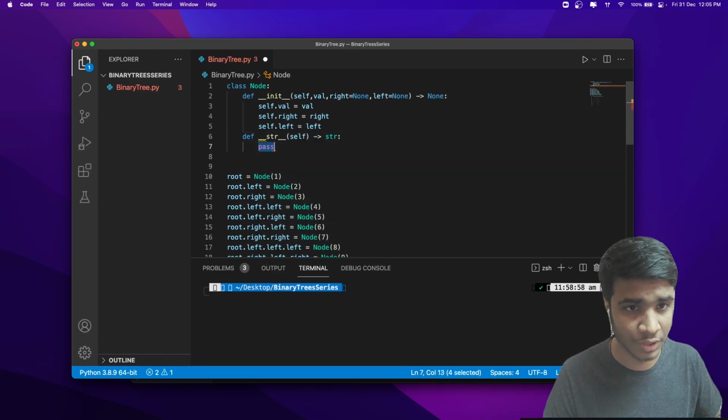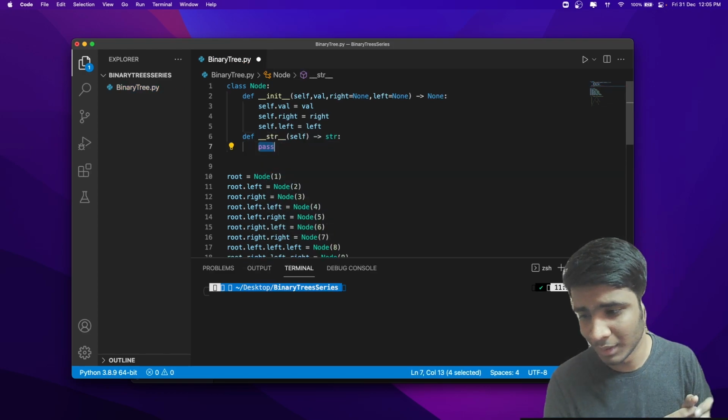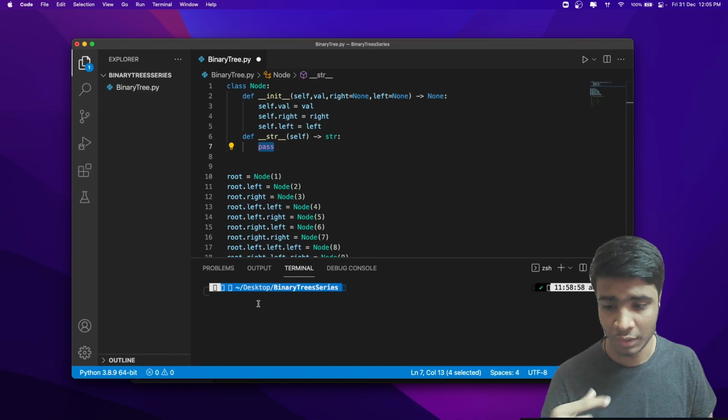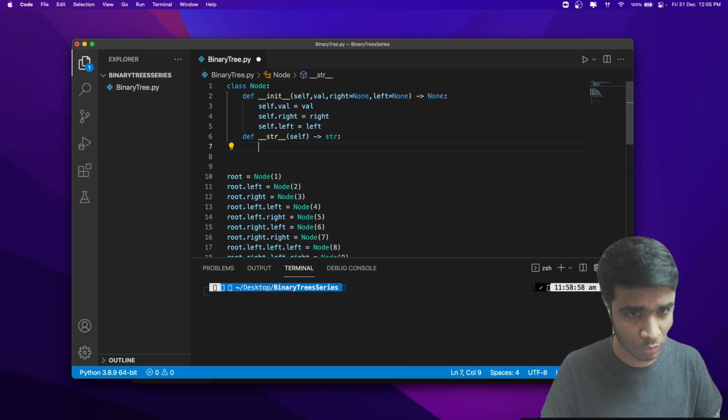And I'll also initialize something called a string. So this is basically, let's say when I'm trying to print a node, it will simply print the class of that node. But if I want to print some information, this is where I will be using it.